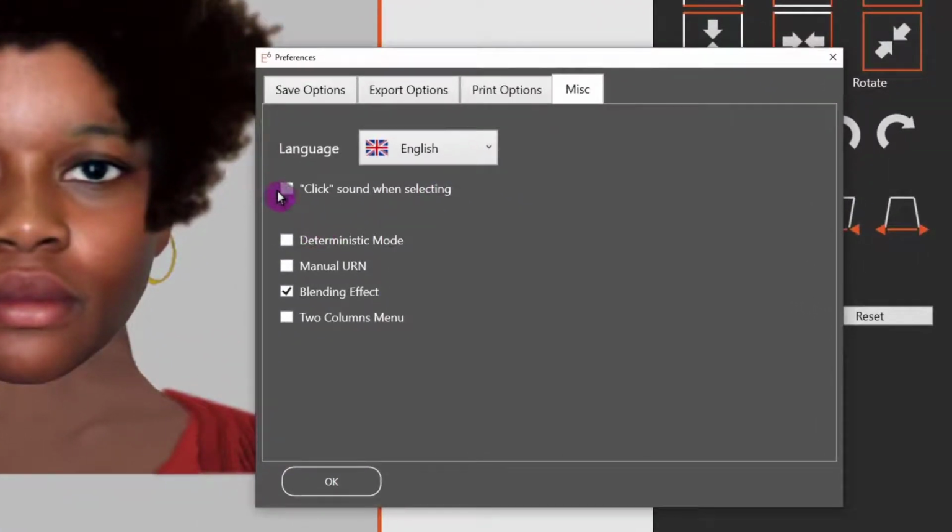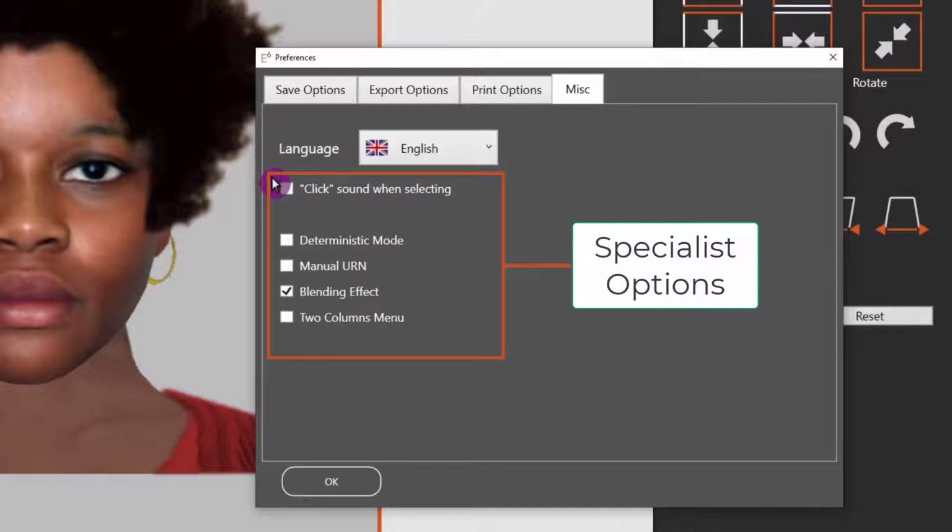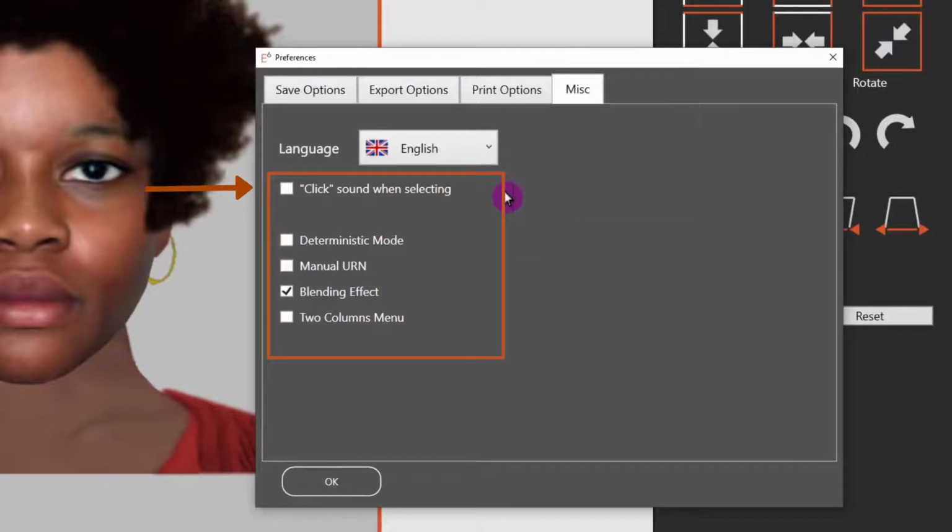Briefly, the specialist options are as follows. The computer makes a click sound when you select an item. This is okay when you're learning, but it quickly becomes irritating, so it's best left switched off. The deterministic mode is only ever used in person-to-person training courses with multiple participants and should be left switched